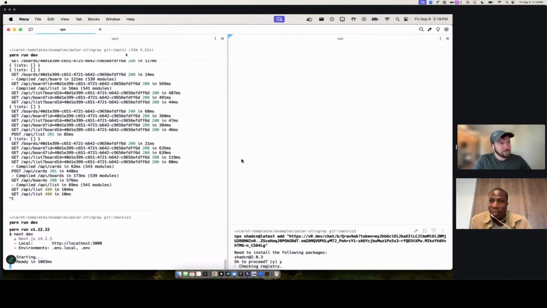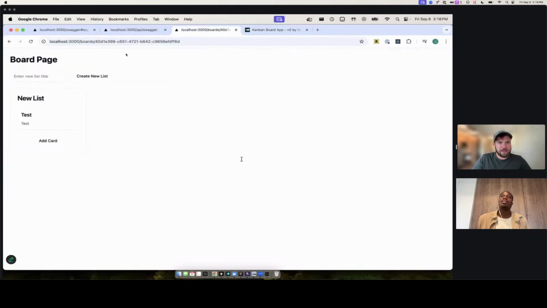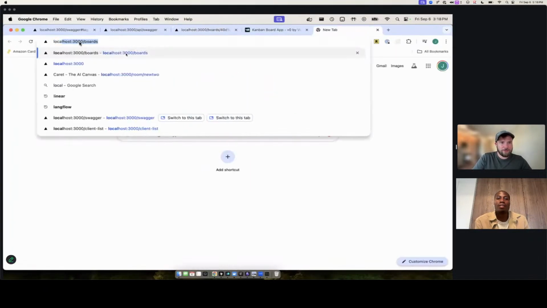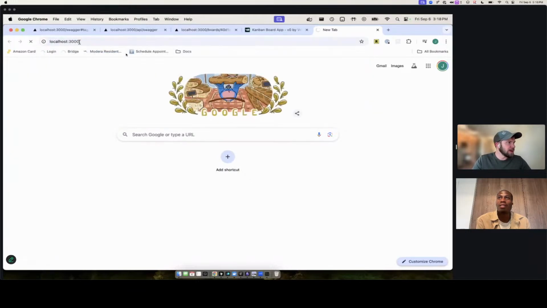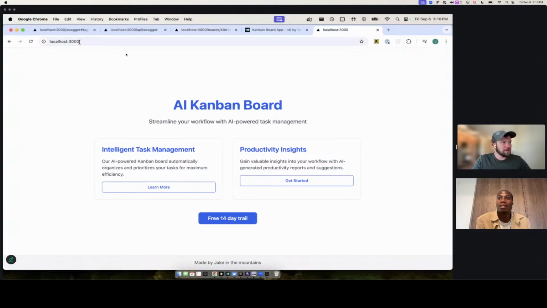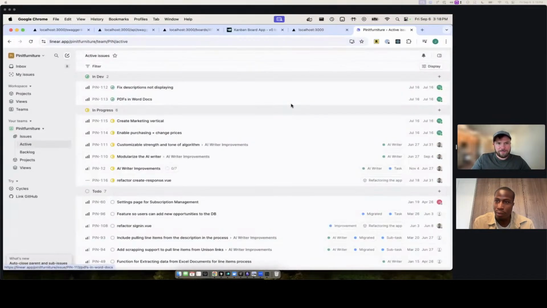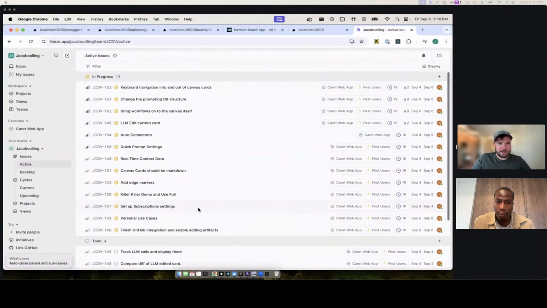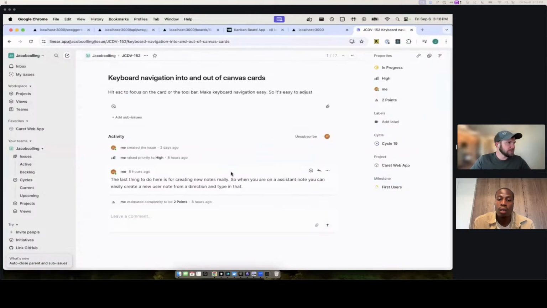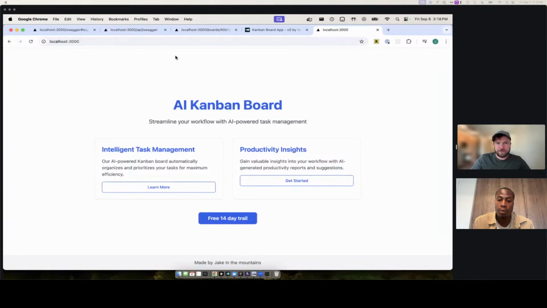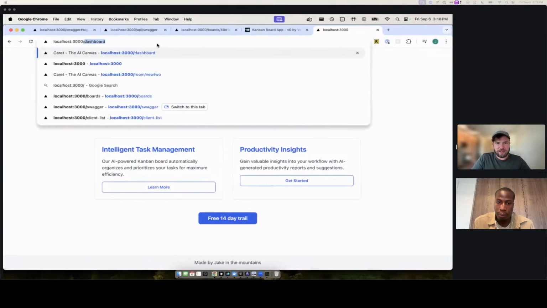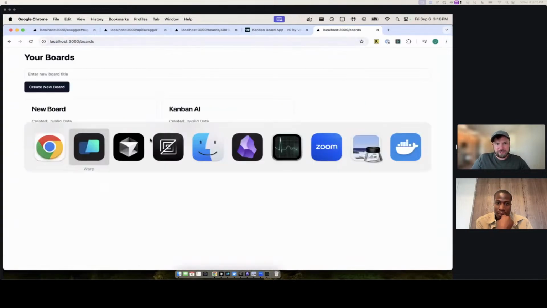Which project are you adding this to? This is just a really shitty Kanban app. I do want to make a better personal Kanban, like a better Trello. I love Linear. If you've used Linear at all, oh yeah. And Linear app, see if it'll pull up their website. There's some personal stuff. This is what I'm working on for actual Carrot, and it's just a better Jira, better Trello, and I would love that for some personal stuff, like just my personal day to day life. So I've been using that as a little test case for some of the AI tools.